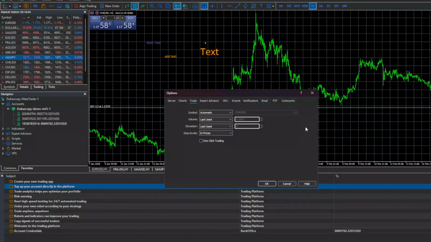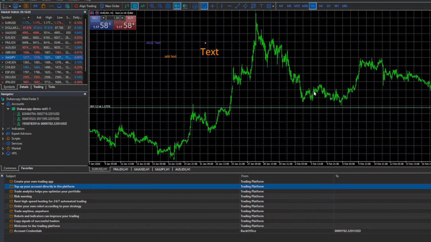In today's video, I'm going to teach you how to change leverage in MetaTrader 5. Leverage is an important setting in your trading account because it directly affects how much market exposure you have relative